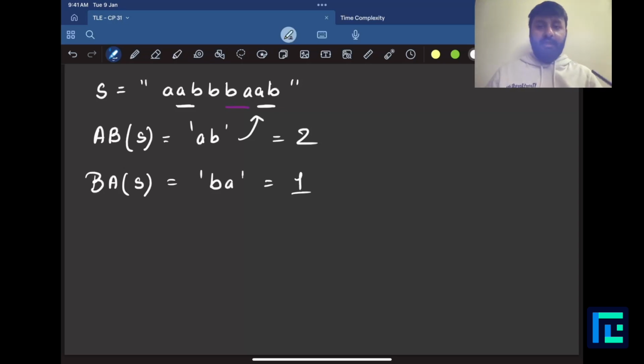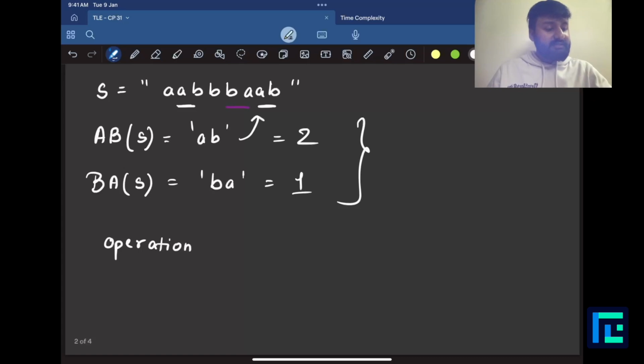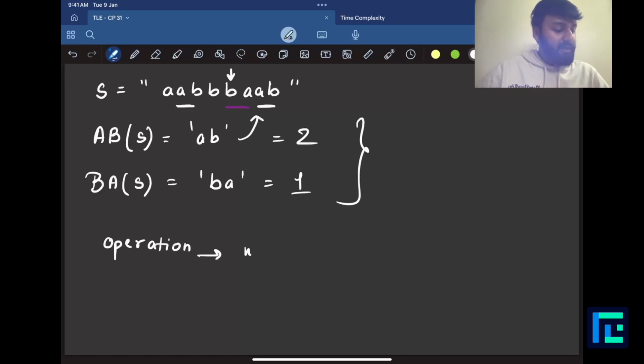Now they don't match currently. What is our target? We want these two values to match. For that, we have been given an operation. The operation says to choose any index and make that character A or B, your choice. Let's say I took this index and let's say this was B. I wanted to make it A. I will change it and this becomes A now. So all that this operation means is you have the power to pick any index and change the letter that is kept there. If it's B, maybe you can keep it as B or you change it to A. That's all. So using this operation, and also minimizing these operations,